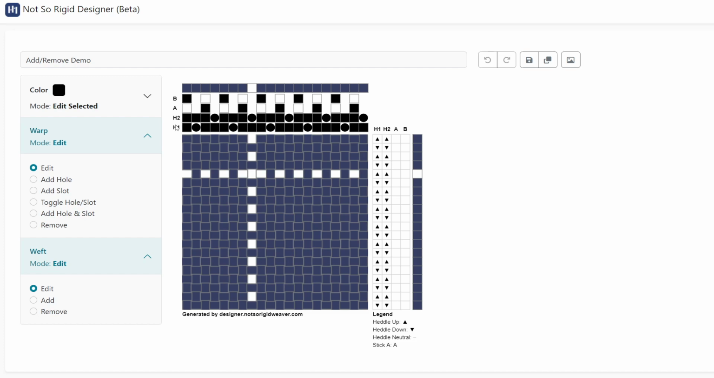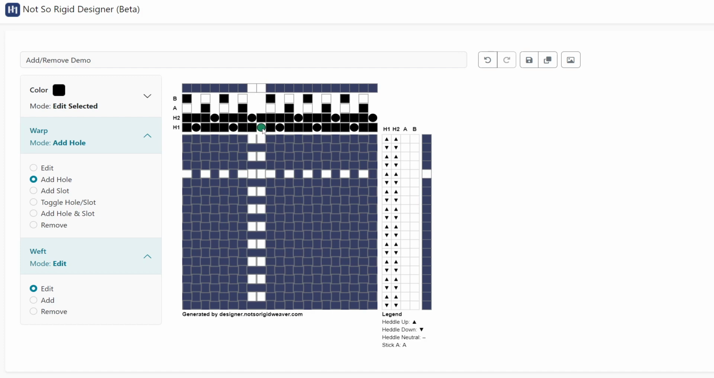To change the threads in the warp, we want to choose a hole, a slot, or add hole and slot in the warp area over here. So if I want to add a hole thread, if I click in this heddle, it'll add a hole. It'll add a column with a hole in the heddle that I clicked on, to the right of where I clicked on it, in the same color as the thread that I clicked on. If I want to add a slot, it'll again add to the right